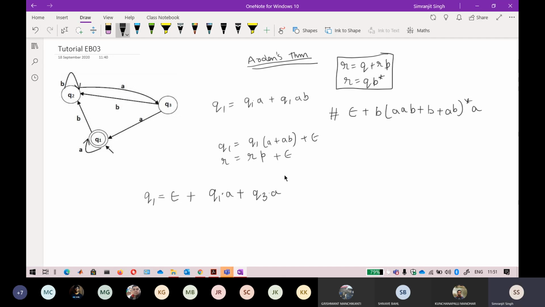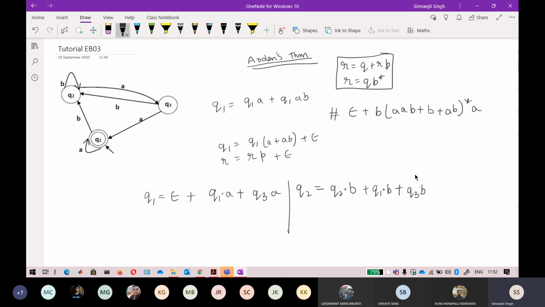So now, just let me see. Now I think Q1 is this. Yeah, absolutely correct because this is the starting state. That is why I did epsilon. So don't forget about this epsilon. After that, there is Q2. So I just go with Q2. So I think Q2 is Q2B. I can directly see that. And another one should be a Q1B. Okay, so plus Q1B is also there. Another one can be Q3B. Okay, so Q3B is also there.